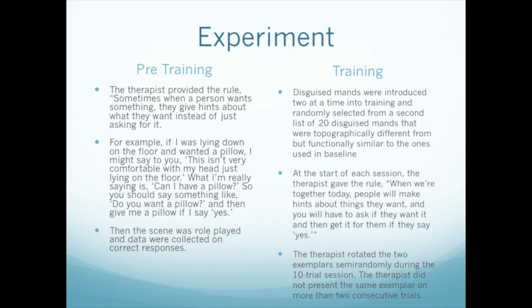During training, disguised mands were introduced 2 at a time into training and randomly selected from a second list of 20 disguised mands that were topographically different but functionally similar to the ones used in baseline. At the start of each session, the therapist gave the rule: when we're together today, people will make hints about things that they want, and you will have to ask if they want it and then get it for them